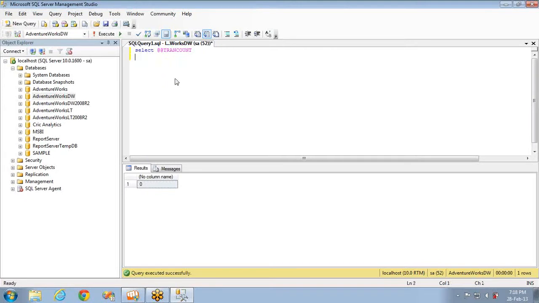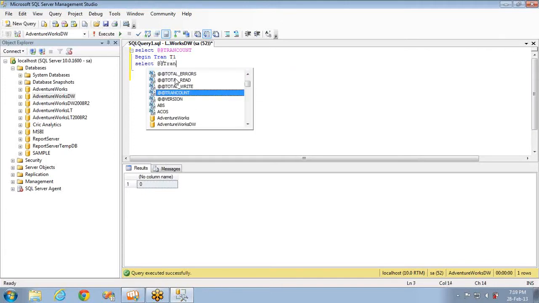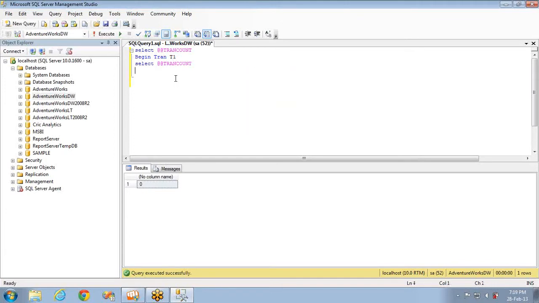Let's see an example on how to nest the transactions. First, this query is returning 0. Why? Because there are no open transactions. I'm beginning a transaction, begin tran T1, and here I'm executing the same query, select @@TRANCOUNT, and commit transaction T1.